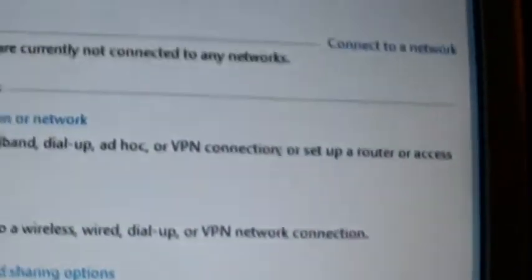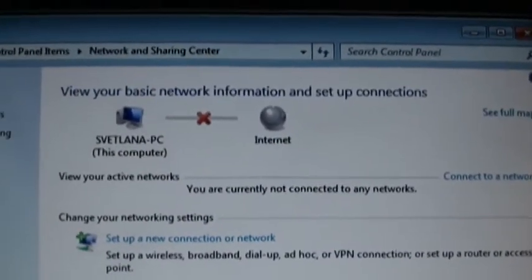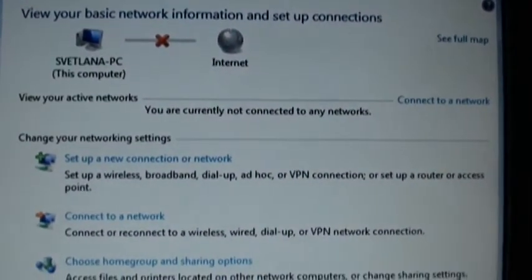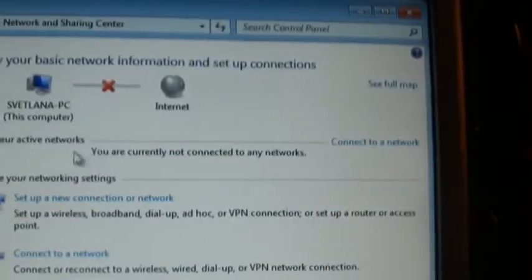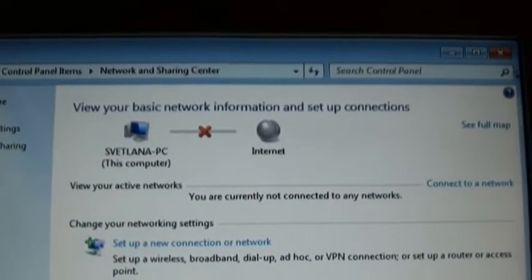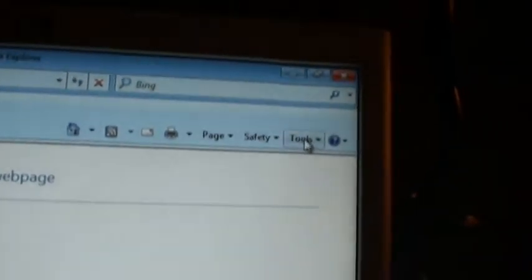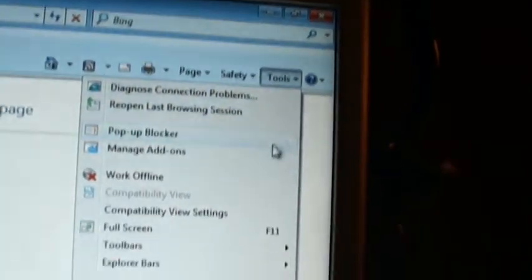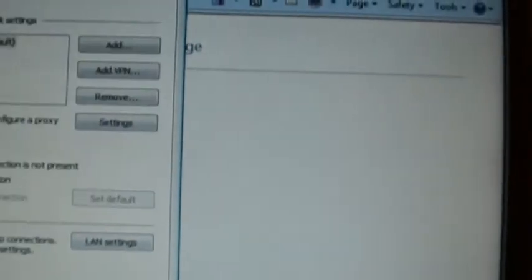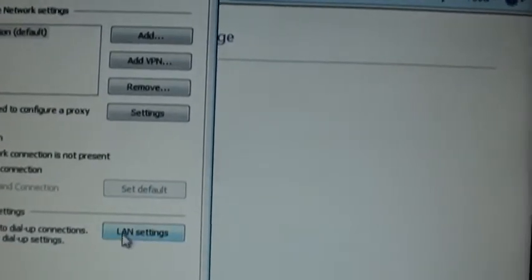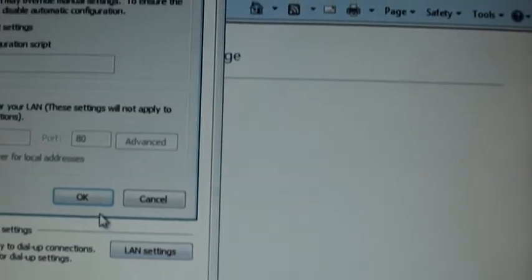Hi guys, I installed Windows 7 on my computer and now I don't have a driver for the internet. So I'm going to show you how to fix the internet connection. After installing Windows 7, I didn't have internet, so I did some googling and I found